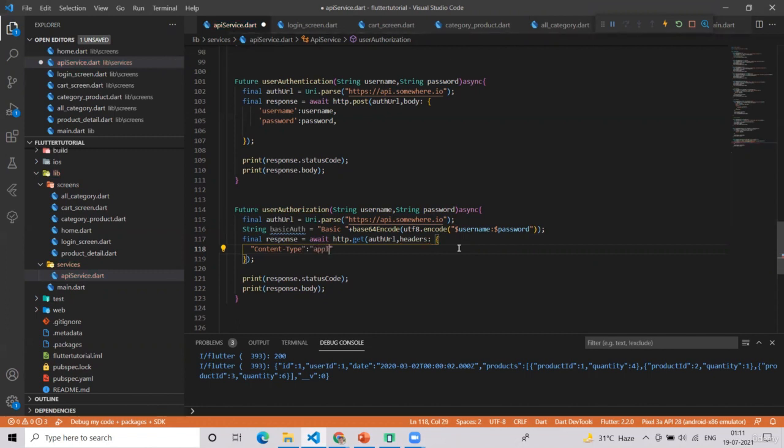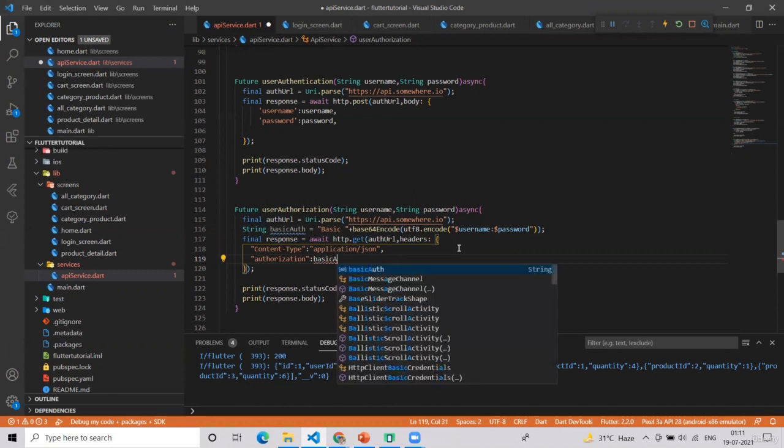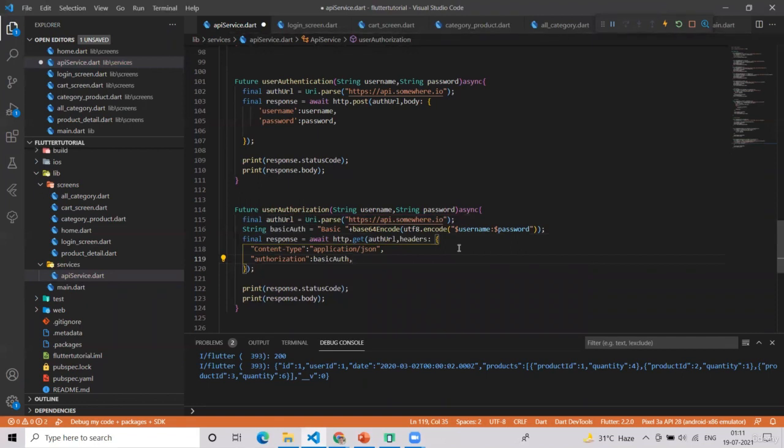It will be application JSON, and the second is authorization. This is what we are talking about, and it will have this basic auth credentials. That's it. This is how it's done. So this is the way of sending username and password.